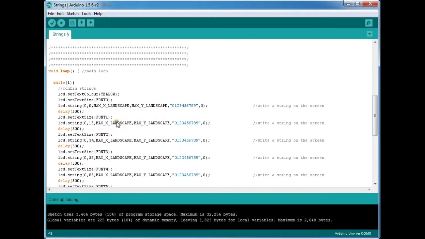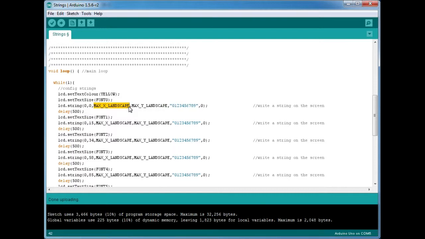Okay, now let's get to the explanation. What is this 0, 0? This is the x and y coordinate from where you want to begin printing the string. So this shall be the starting point of your screen. This is the maximum x coordinate in the landscape mode.